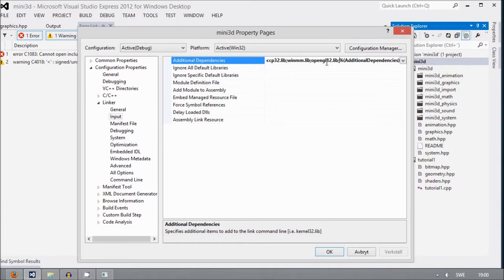for Direct3D 11. These are dxgi.lib, d3d11.lib, and d3dx11.lib. We also need to add a link library directory